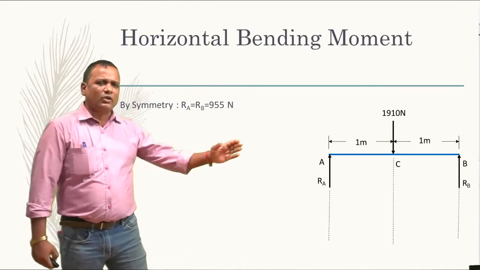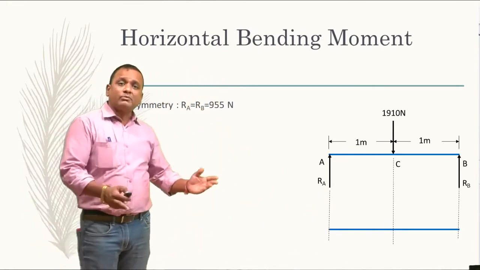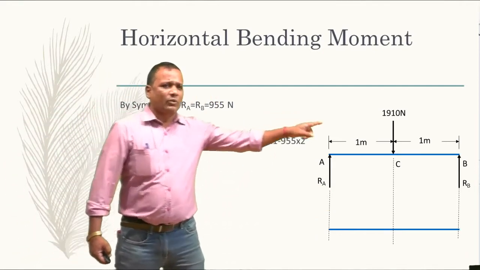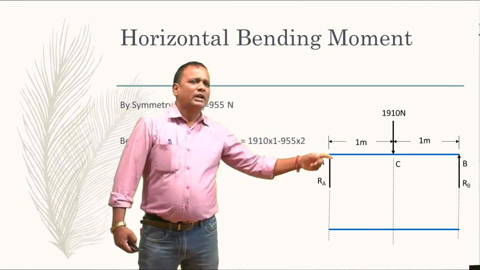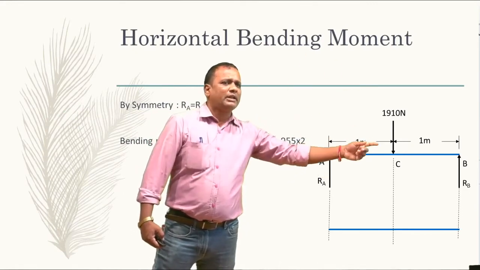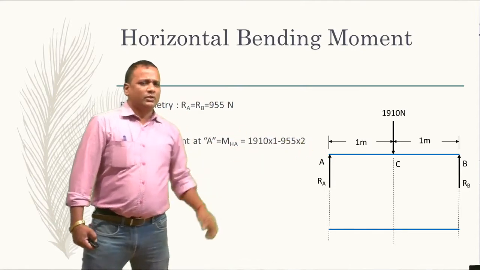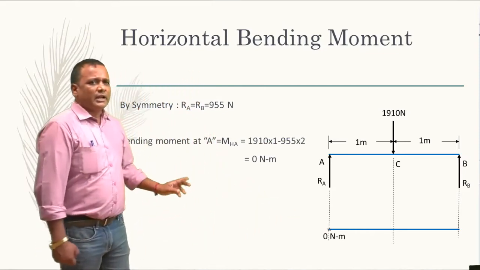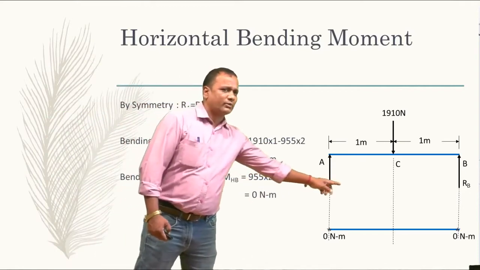Again I could draw a reference line, a vertical line, and another line of 2 meter length in order to draw the bending moment diagram. So now we know the bending moment at point A. Again, I said that all clockwise directions are plus and all anti-clockwise directions are minus. In this case, 1191 into 1 with a minus, since it's an anti-clockwise direction towards point A. So it would be Rb into 2. Rb is, as you know very well, 955. So 955 into 2. Therefore at that point it would be 0, and I'm going to mark 0 over there. In a similar way, at point B, it would again be 0. You can calculate and check it. So I'm going to mark it once more over there, 0.